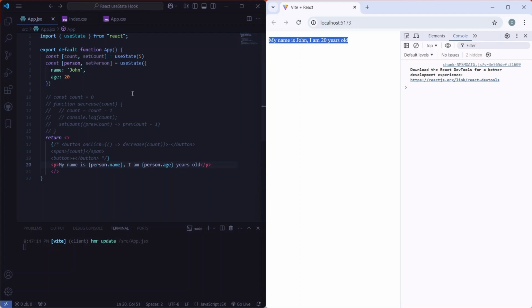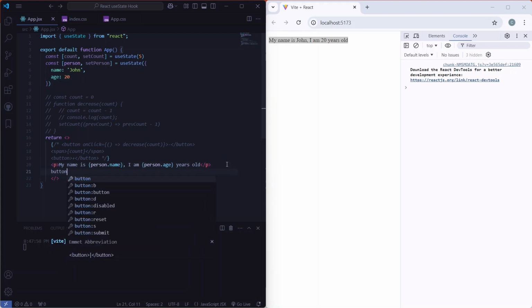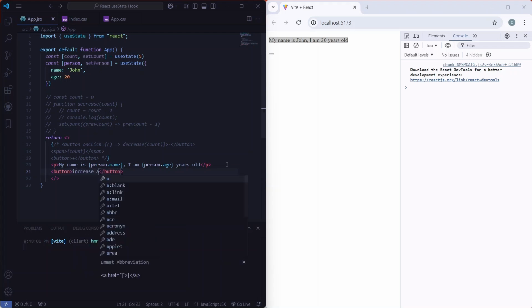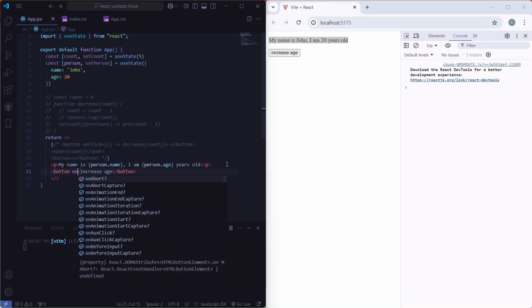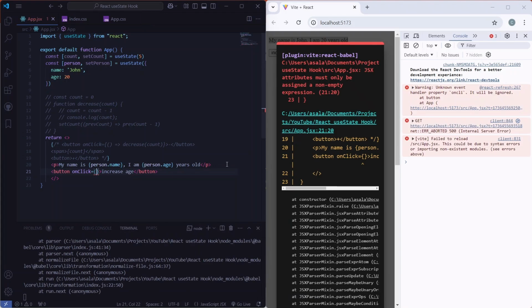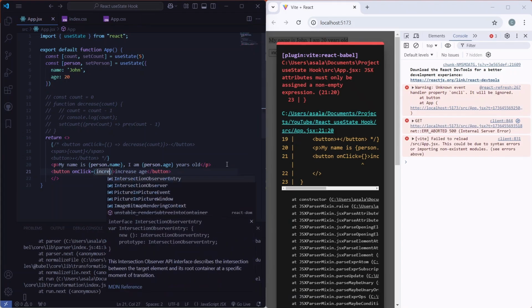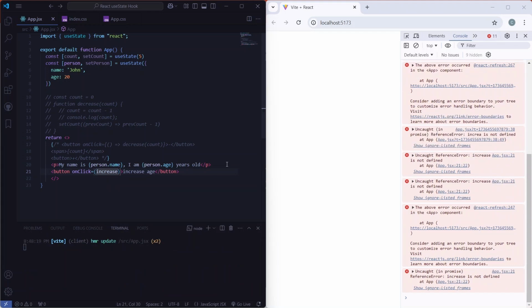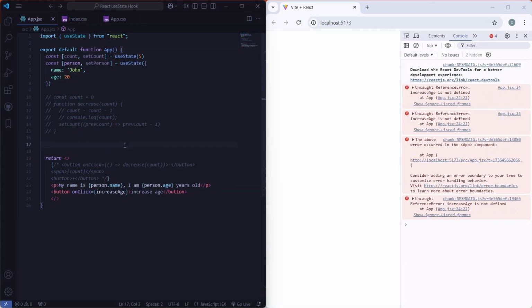If we want to update that age value here, this is how we are going to go about it. Before we do that, let's create a button and give it an onClick property, but the text will be increase age, like this. Good. And we'll give it an onClick property, and we'll call the increase age function. Let's now define our increase age function, and